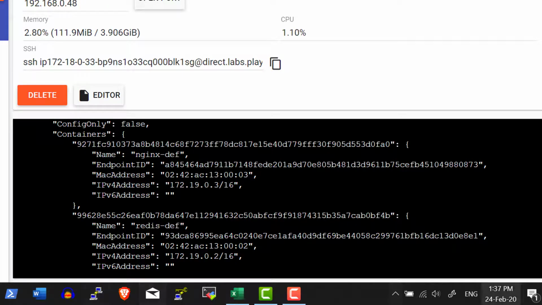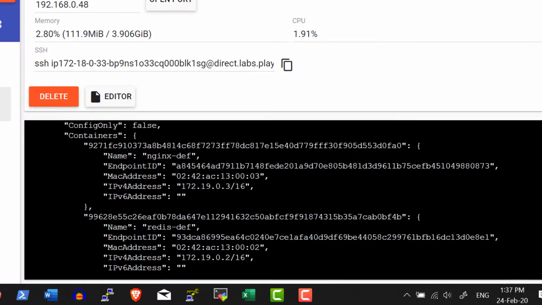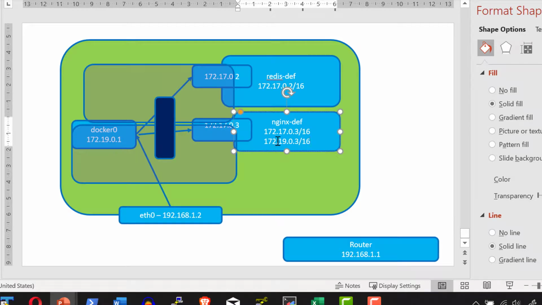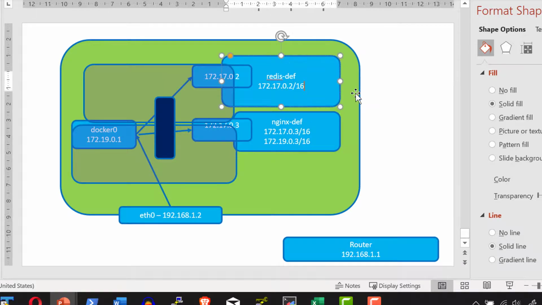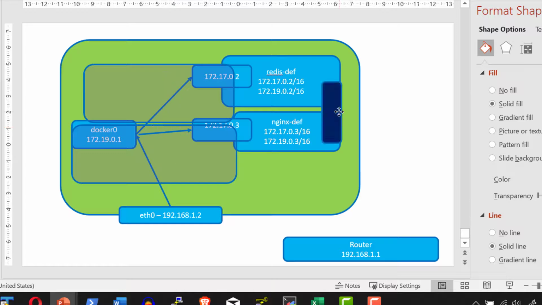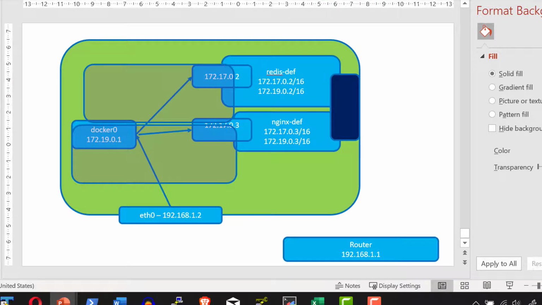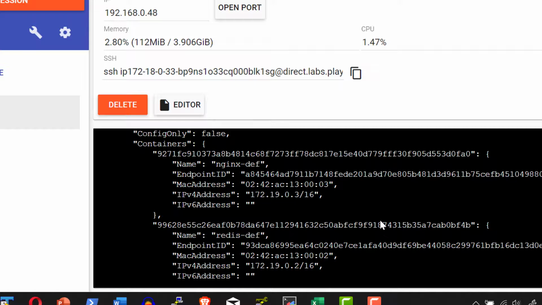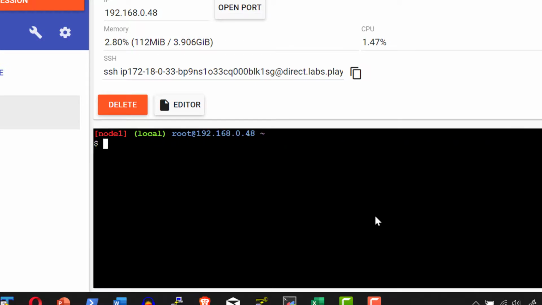So the container got another IP address 172.19.0.3/16. The same way Redis would have got the IP address 172.19.0.2. This particular network will be handled by my-network, and that can create a virtual namespace between these two containers. Now if I check the networking within the container, that should have much better clarity. Let me go ahead and do that.